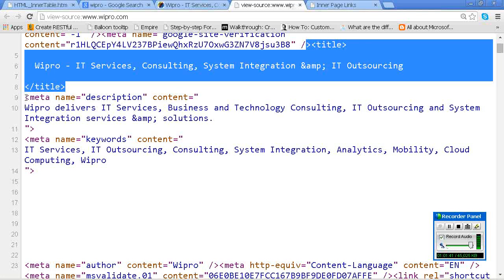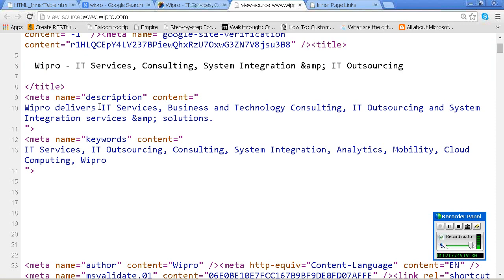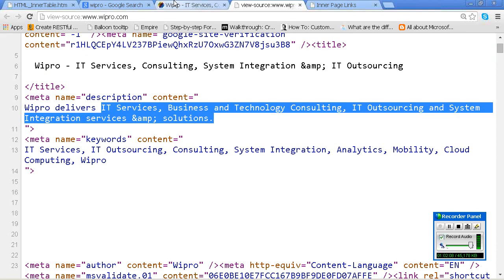Meta tag. What is meant by metadata? Yes, data about data. In the sense, very simple, it's a simple description about the larger concept. Wipro does a lot of businesses, but you need to tell something about Wipro. That's metadata. Are you understanding what they have written? In the meta they have written that Wipro delivers IT services. That is what came here.